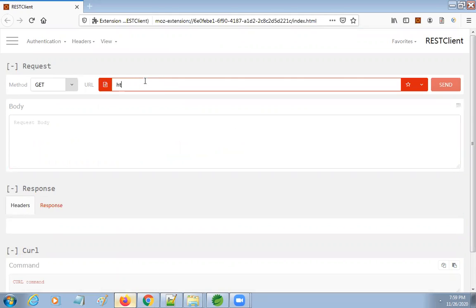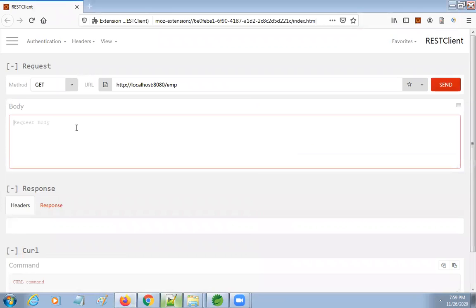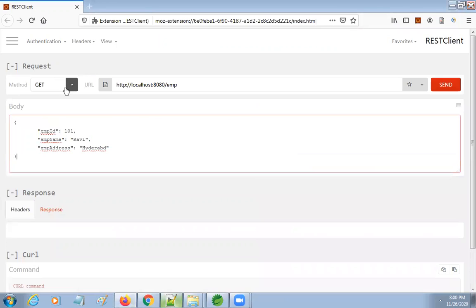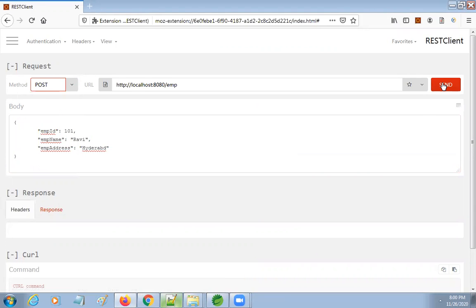HTTP, it is running at localhost, HTTP, port number is 8080, and the path is emp. Now we are posting the data. This is the data I am posting. Let me select POST here. If I send this,